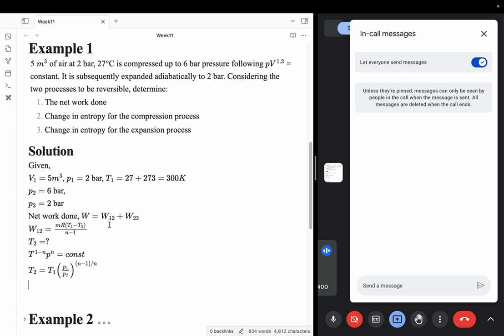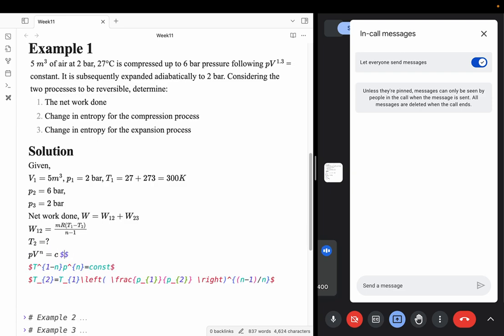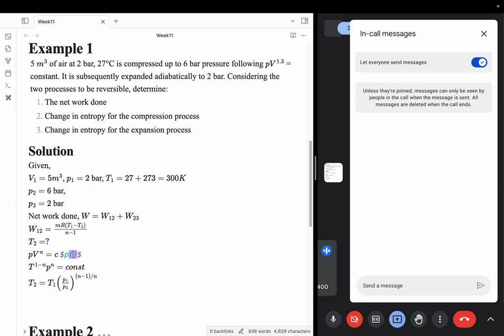So is this relation correct? We have PV to the power n equal to constant. So we replace V in terms of T and P, so it will be T by P, T to the power n by P to the power n minus 1, 1 minus n. So I think there is a mistake here. Basically we have PV to the n equal to constant, and from there we write V in terms of T and P, that is T by P to the power n, which will give us,